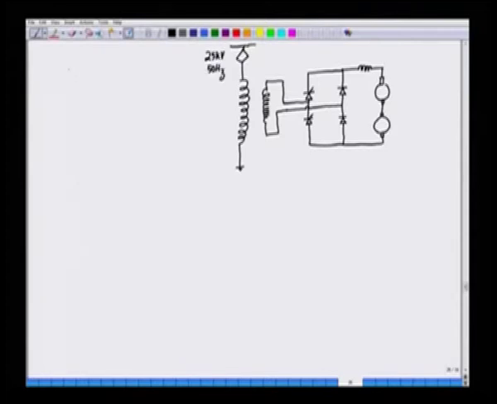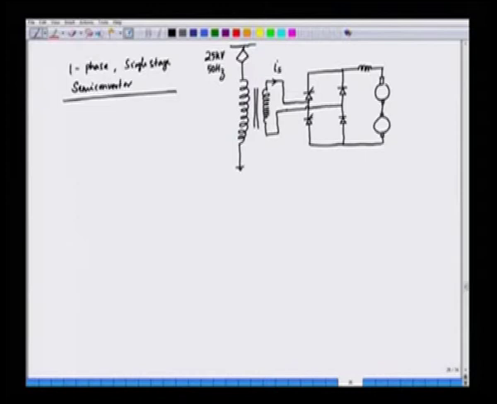So, we call this a single phase, single stage semi converter. We have only one stage here, and similarly we can also fill the field circuit. This is a step down transformer. Now, if we see the input current, let us say here is